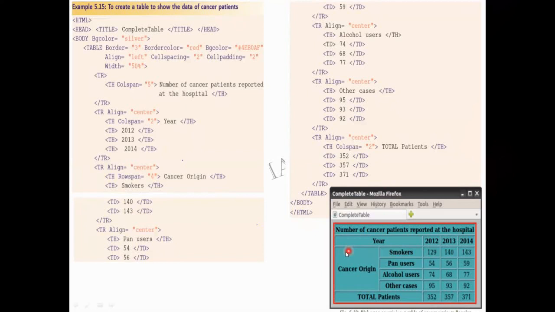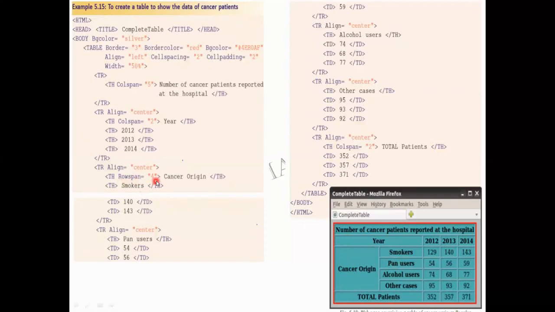Now we are coming to the third row. Now see what happens. Here some rows are spanned, so a number of rows are combined together. How many rows are combined together? I'll count here: 1, 2, 3, 4. 4 rows are combined together, and that is how I got the value for rowspan as 4.